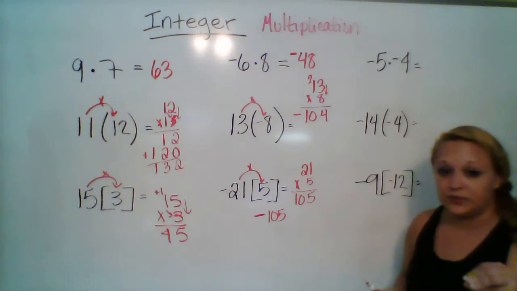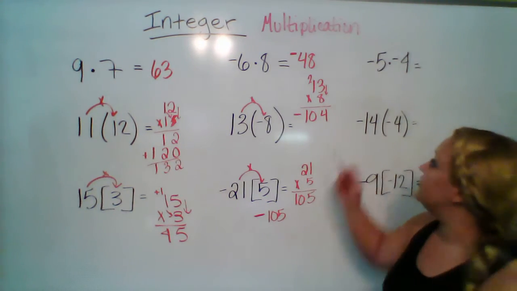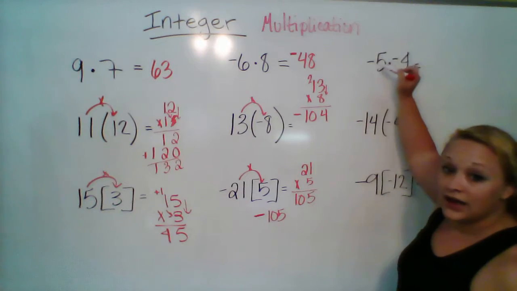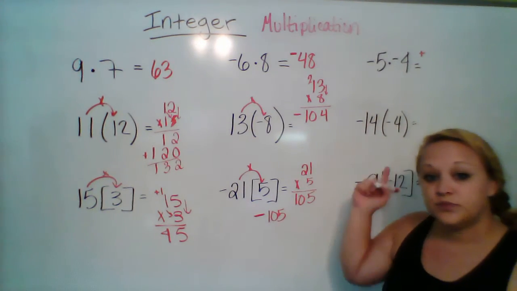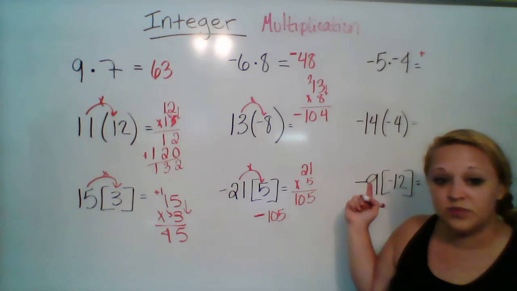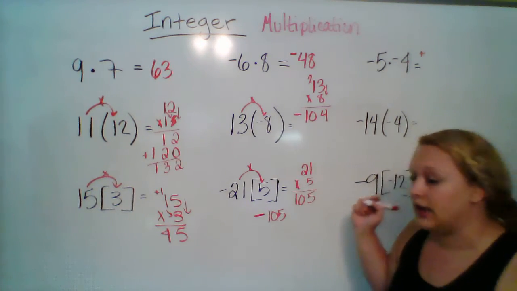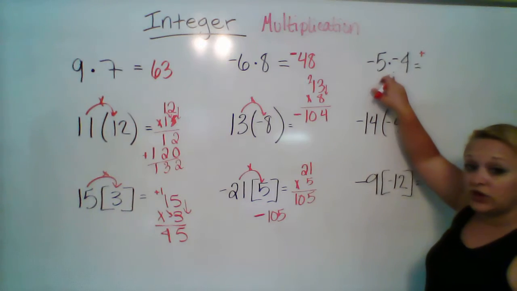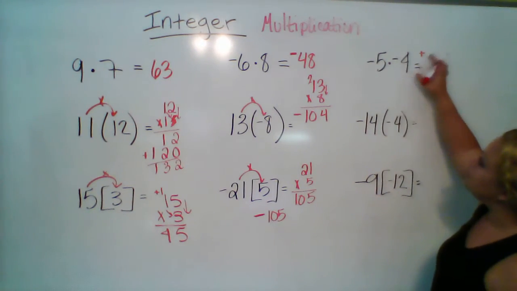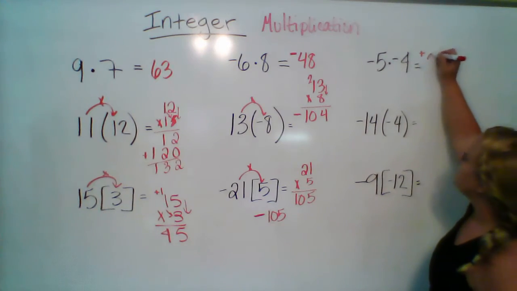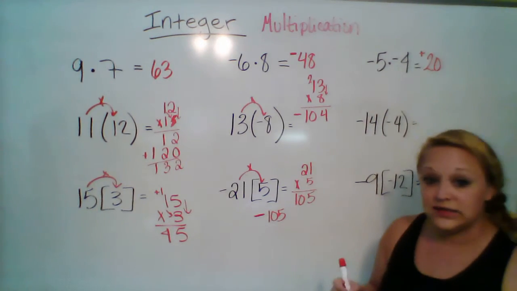So now we're going to come over here where we have negatives times negatives. Now this is different, okay? When you have a negative times a negative, you see 2 negatives. A negative times a negative will automatically give you a positive. Negative 5 times negative 4 should be memorized, which is negative 20, right? That's what some of you would say because they're both negatives, but it's not. So a negative times a negative is a positive, so it's not a negative 20, it's actually a positive 20,